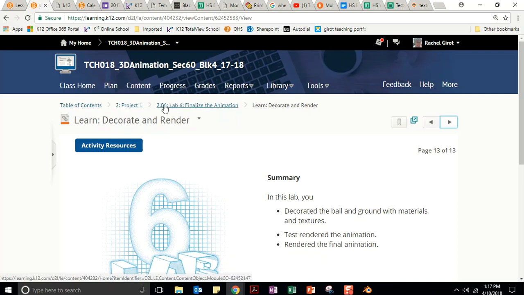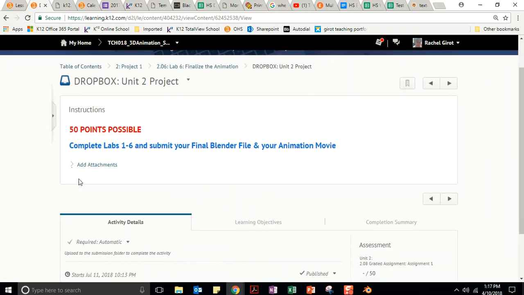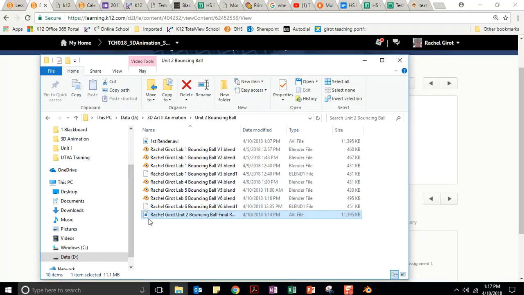We're going to go back to 2.06, and you're going to click. It says to submit your final Blender file and your animation movie. So you're just going to click on the Dropbox. In your Dropbox, there will be an upload file button. So you're going to click upload, and then the files that you're going to upload will be